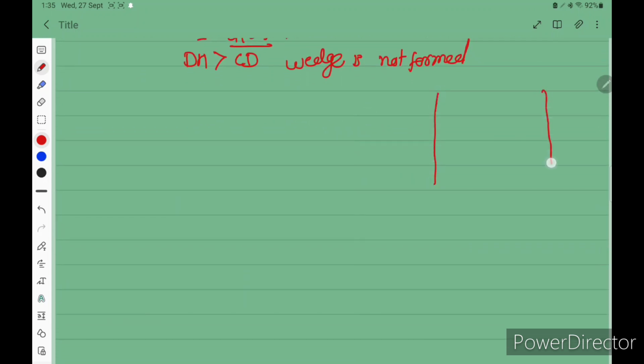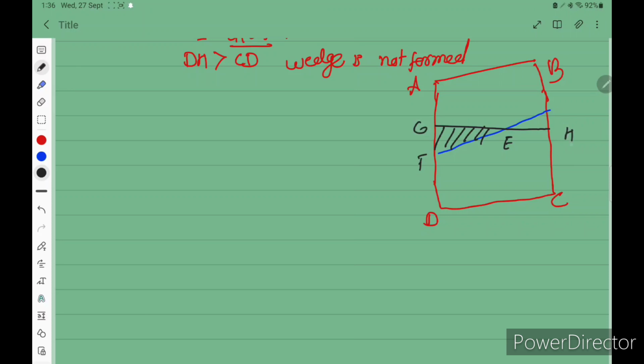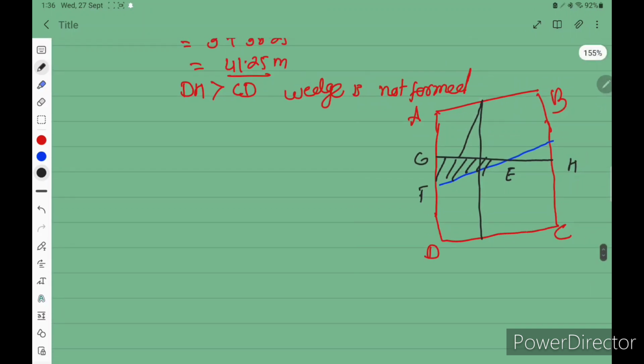So now A, B, C, D, trim by stern, this is U, this is M, this is A, now we have to use